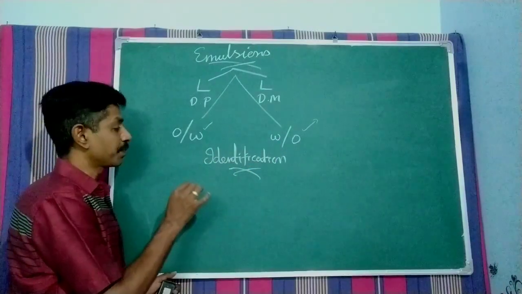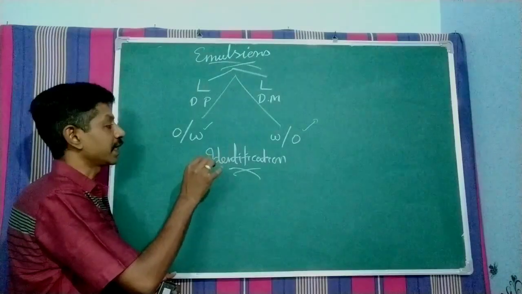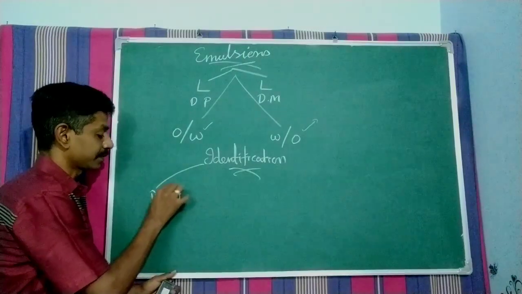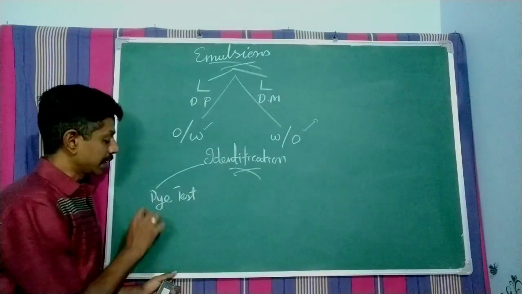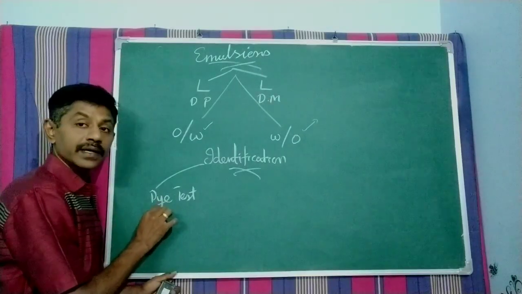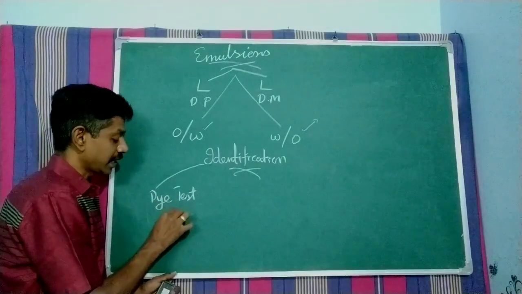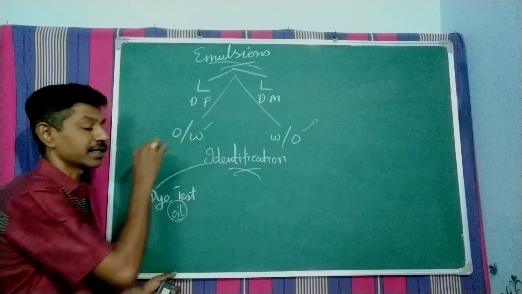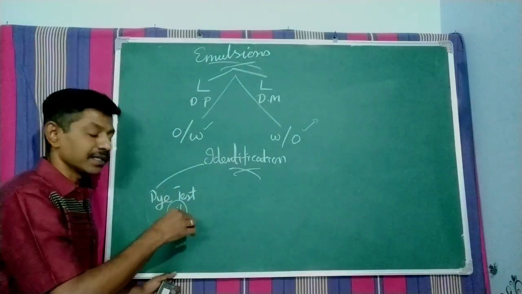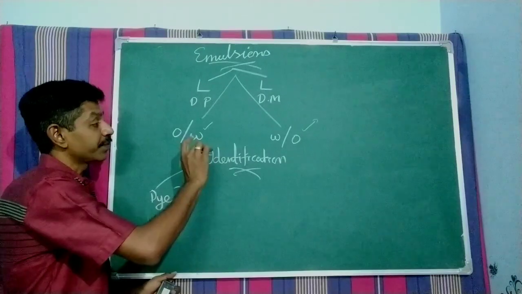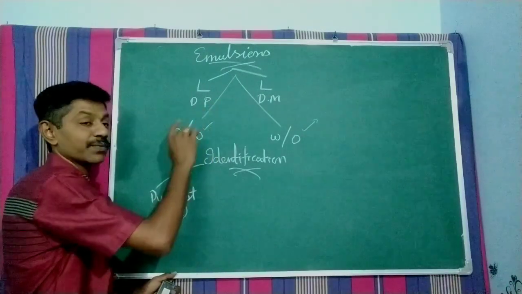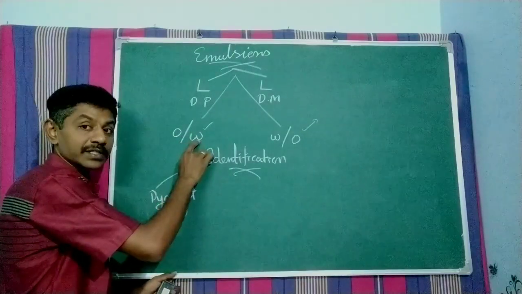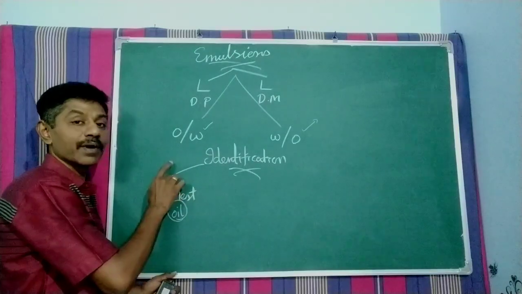The first step they take to identify the type of emulsion is the dye test. In the dye test, they apply an oil soluble dye. A dye may be an organic dye which is oil soluble, that is applied to a particular emulsion, and they will start shaking it. If the aqueous medium is more, that is, an oil in water type of emulsion, this dye will not impart the color easily,